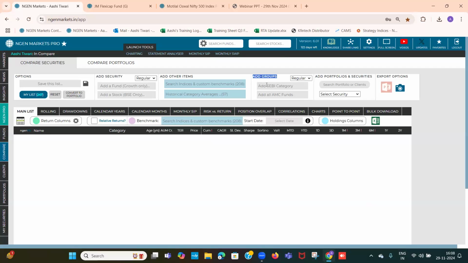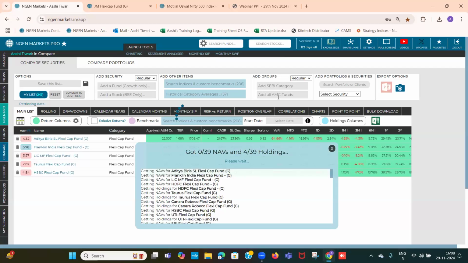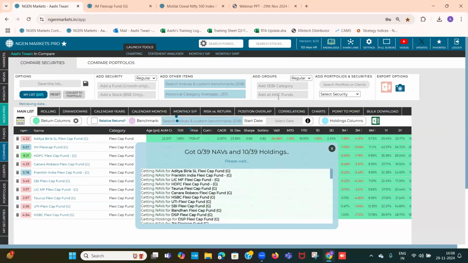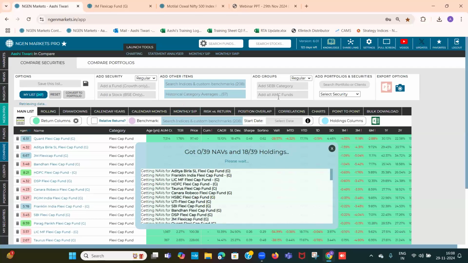Now continuing with the example of FlexiCap Fund, I'll just enter FlexiCap right here and I'll just select. So all of the 39 results will get loaded right here along with the NAV details and several other parameters. Once this gets done,